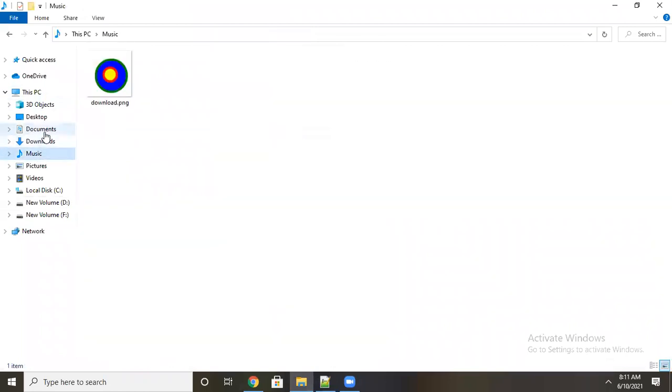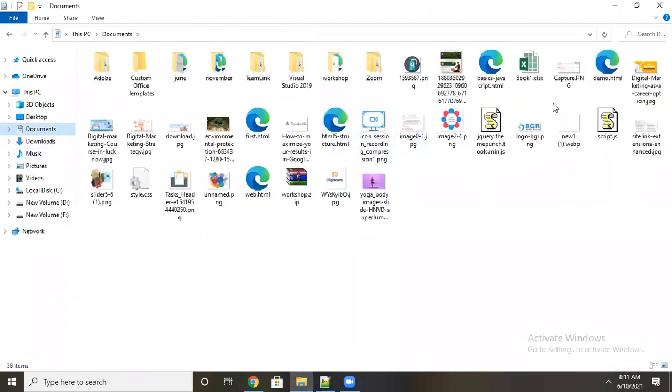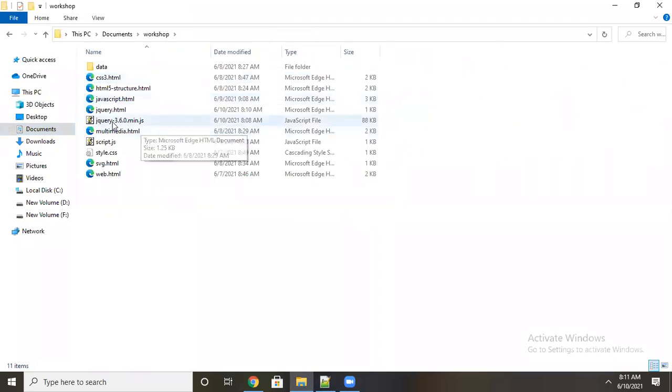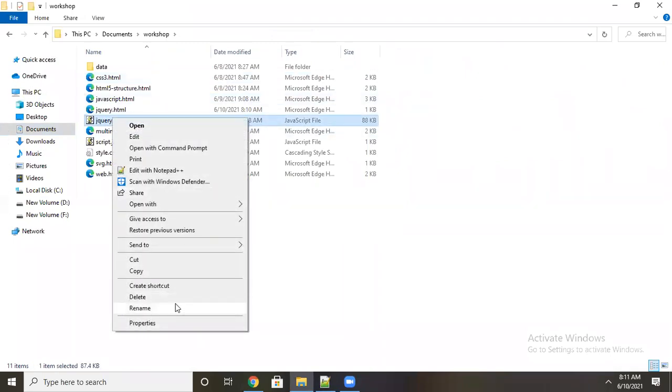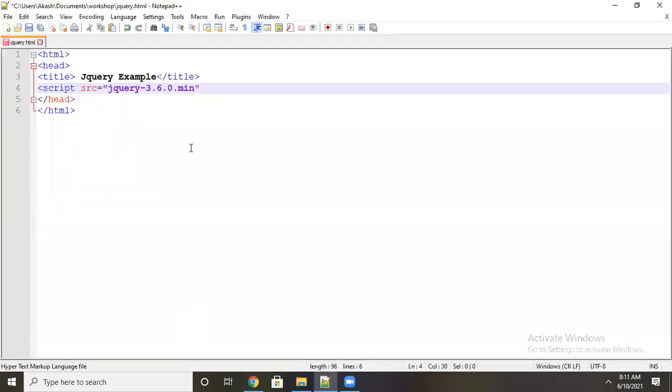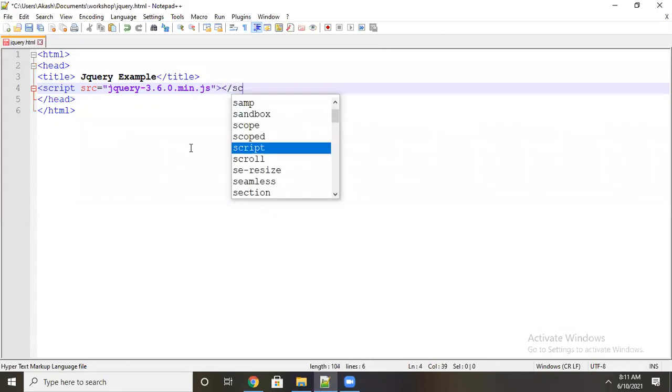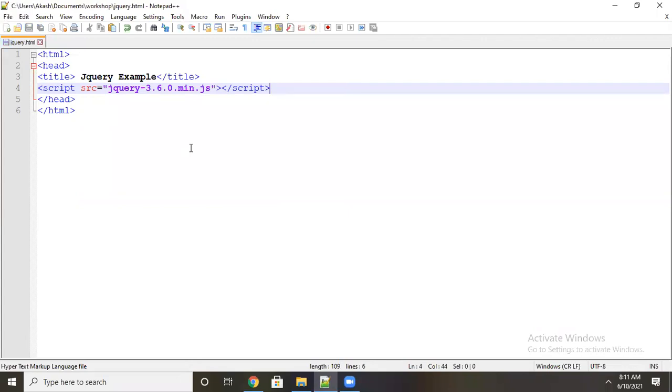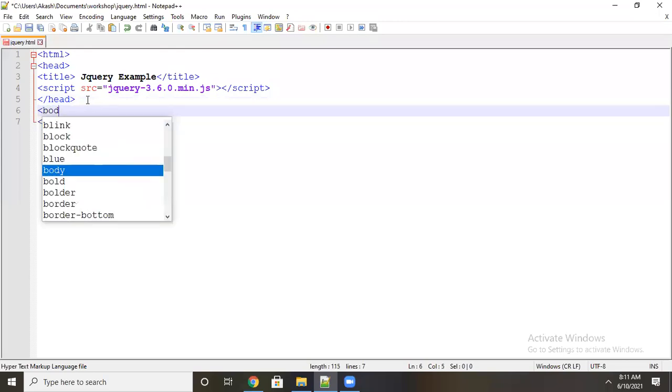Let's say I will come here to the document. Here I will take that library. Just click on rename. You can get a name, you can add .js. The jQuery file also we save with the extension .js only. Now see, I have connected the library. Because whatever example I do now completely depends on this library. That is the reason the first thing I did was download the library. Now I will create just one box here to show the example.